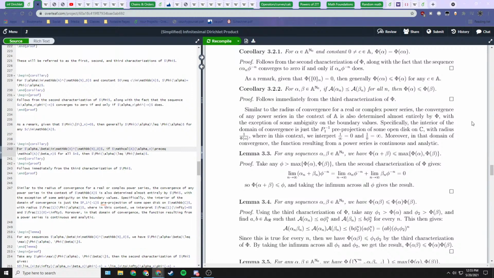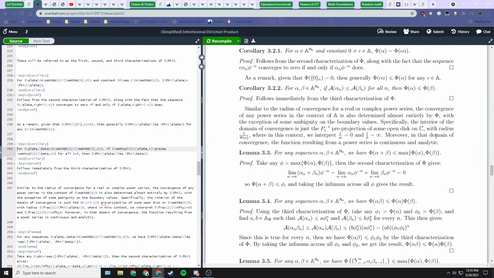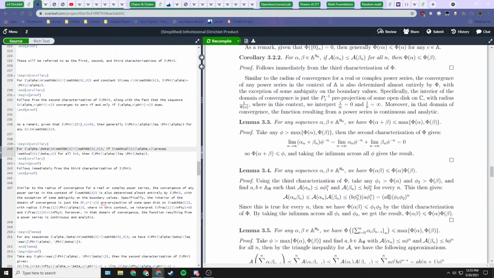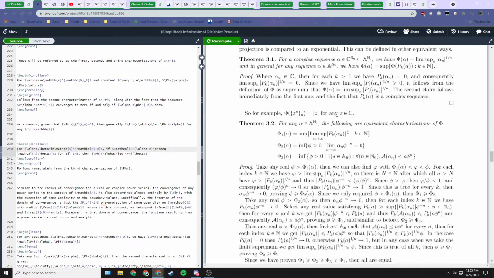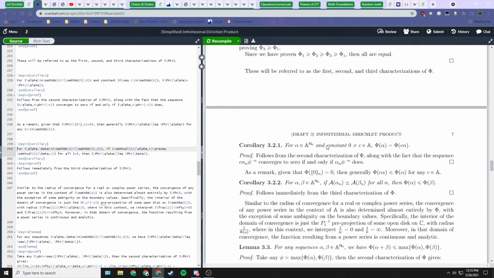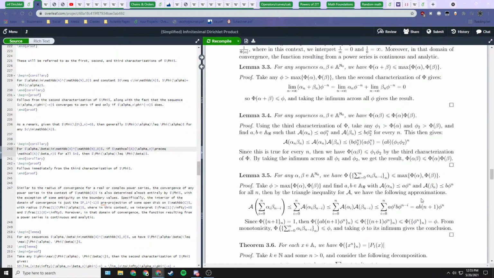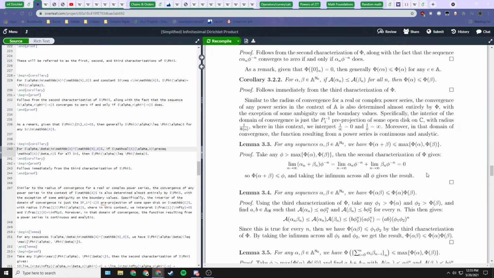But yeah, so just like real power series or complex power series, you use the nth root test to find the radius of convergence. We're sort of stating in advance that we're going to find the same thing, that we're going to have this radius of convergence. So we have a couple of lemmas first, and I've stated these different corollaries and lemmas in a way that makes this ultimate result a lot easier. This is a lot easier to follow, hopefully.